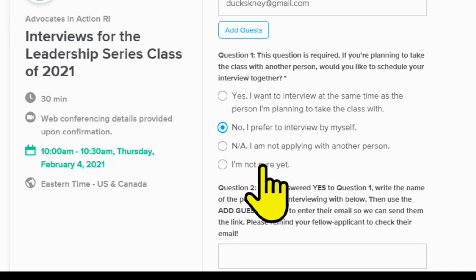And if you did apply with another person, but you're not sure yet who's going to be interviewing when, then just click I'm not sure. If you click I'm not sure, make sure to email us with their name and their email address if you decide that you're going to be interviewing together, so we can send them an invitation. See, I'm clicking the different buttons to pick a different option. So if you change your mind, you just click on the other one instead. It's not written in stone. You can just click a different one to change it.